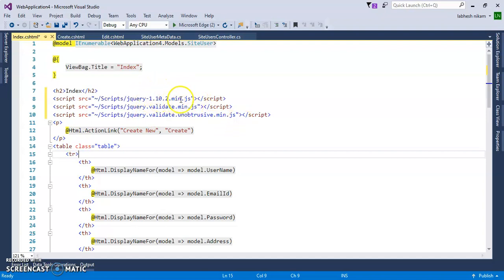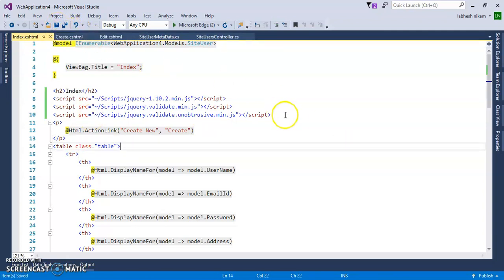You can use any version of jQuery in place of 1.10.2; 1.7.2 you can also use. So you must set this sequence: first jquery min.js, then validate min.js, then validate.unobtrusive min.js. If you put them in the wrong order, then your client validation cannot be done.